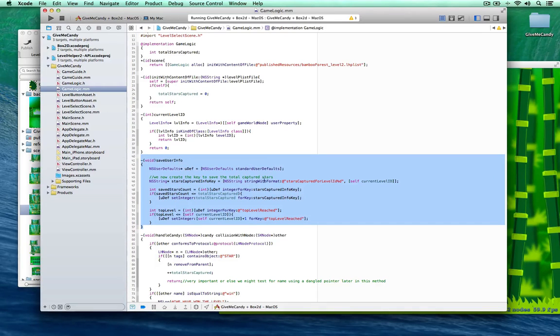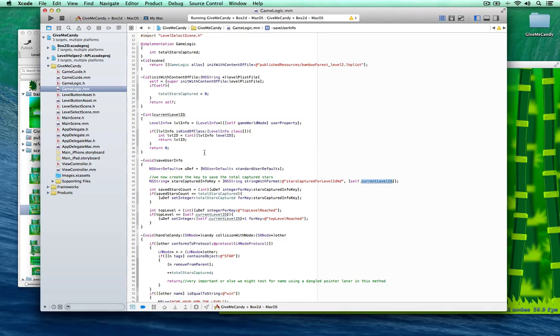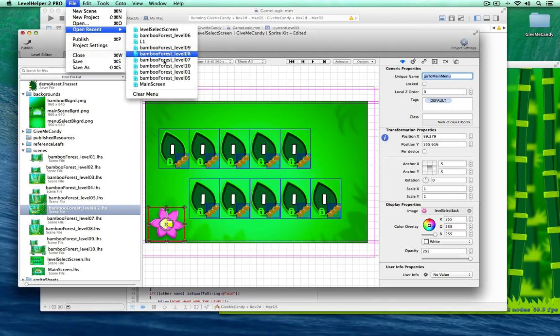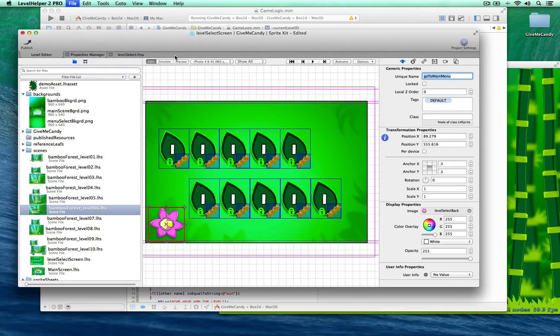We already discussed this method, but we haven't discussed current level ID. Now over here, as you can see, each of the levels we load has a user property of type level info, and from this we get the level ID of the current level that is played. And if we load one of these levels, so all of the levels from 1 to 10, if we load one of them,